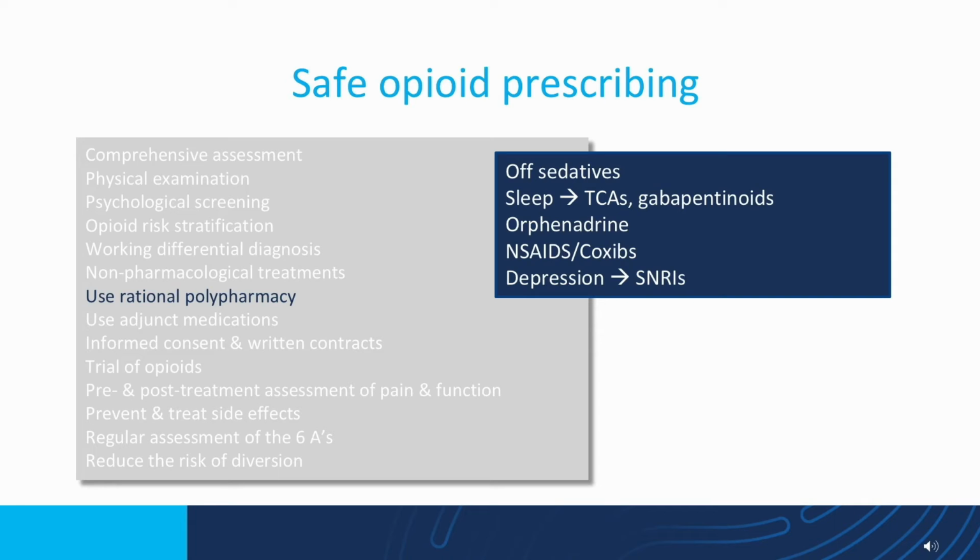Or orphenadrine is a medication that I would challenge you to get comfortable with. That's Norflex. 50 to 100 milligrams 3 times a day. It's quite a good muscle relaxant, so it's not a benzodiazepine. It can be combined with Panadol, paracetamol. It can have some mild anticholinergic side effects, but it can be a really valuable medication for non-neuropathic pain conditions. It's been used widely in people with Parkinson's and stiff muscles, so think about using orphenadrine in your patients. Use anti-inflammatories or coxibs for a short period of time.